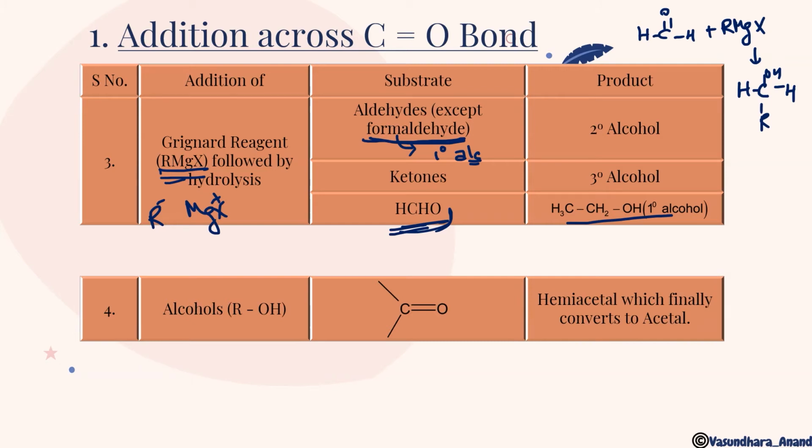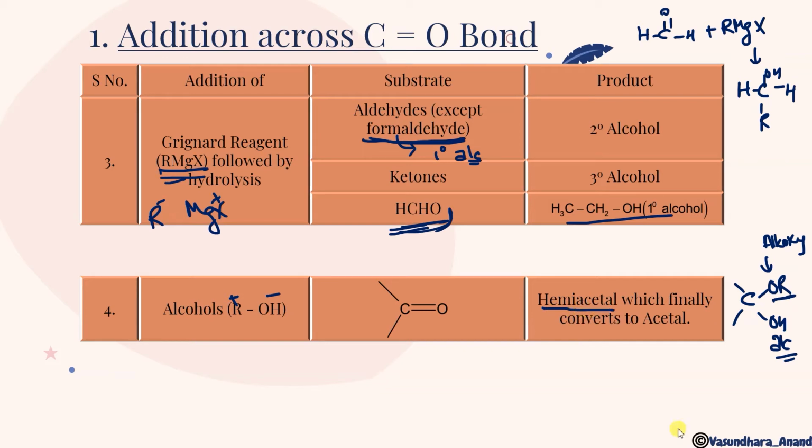Now with the alcohol. If the C double bond undergoes alcohol addition, what will happen? This is OH minus, R plus. So here it will give you COR and OH, isn't it? If the carbon is having a hydroxy group as well as one alkoxy group, this is alkoxy, isn't it? Ether, alkoxy group and alcohol group. If both are attached to the same carbon, then it is called hemiacetal.